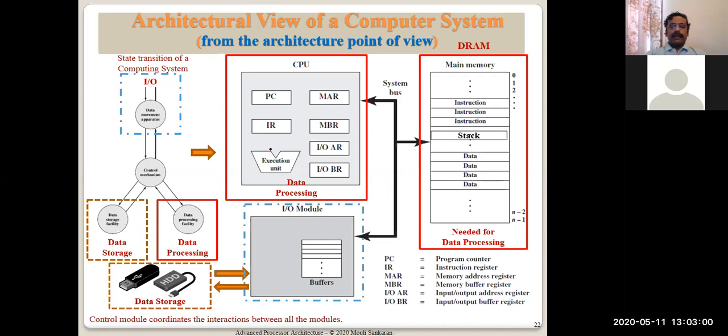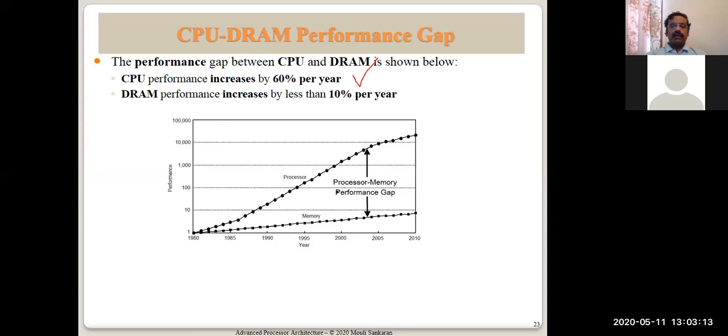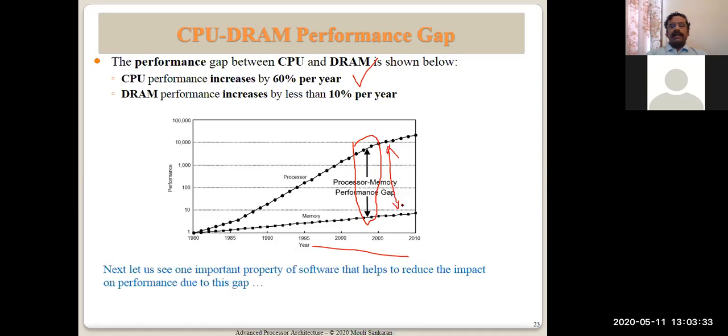Okay. Now let me give you another overview of the problem between CPU and memory. As you know, the CPU advanced much ahead of memory, and there is a gap in performance between CPU and memory. CPU performance increased exponentially over the years, whereas memory did not catch up with that. So to bridge the gap between CPU and memory, there are some techniques which are being used, which you are already aware of,